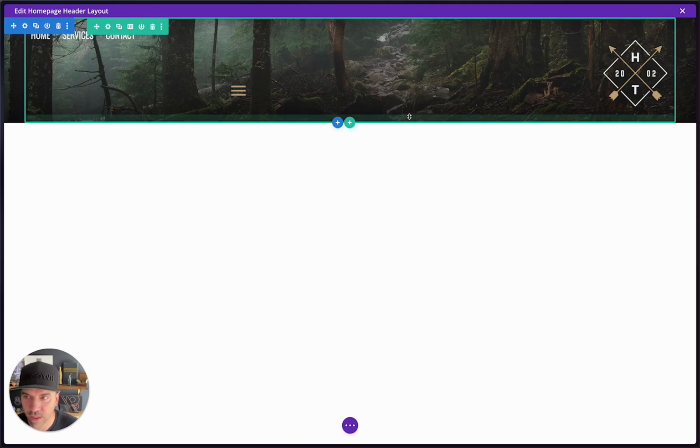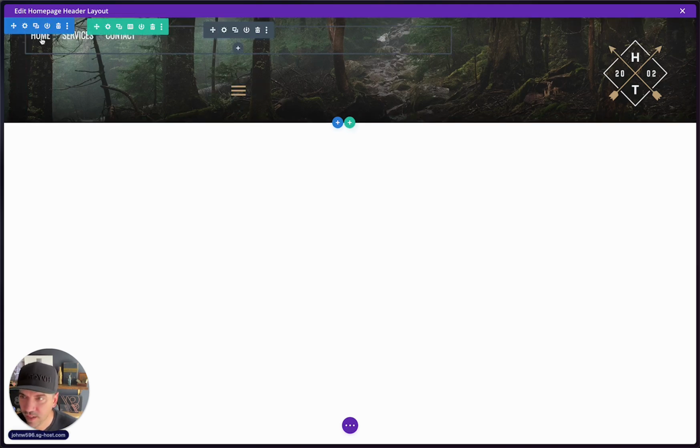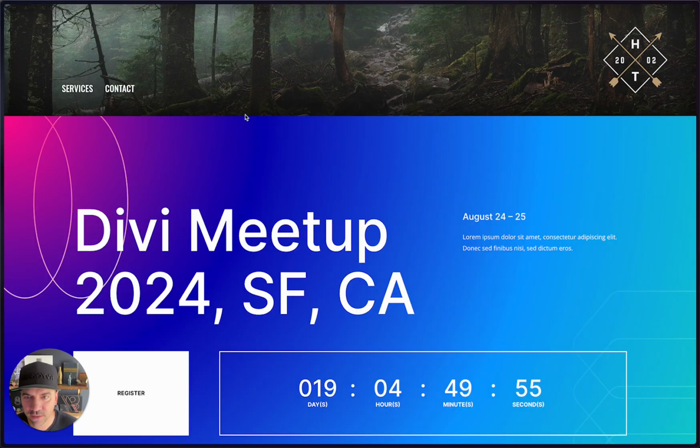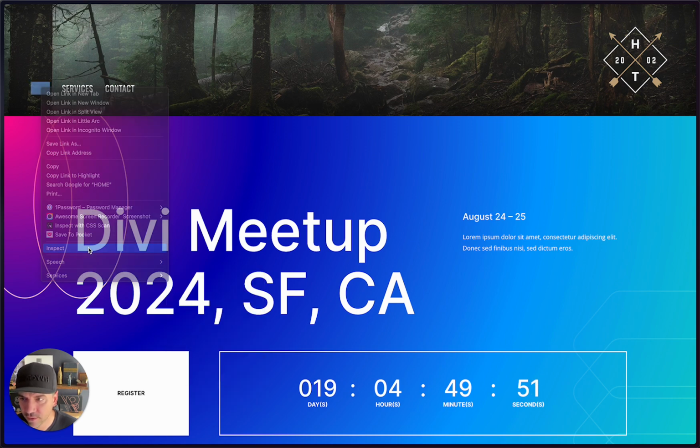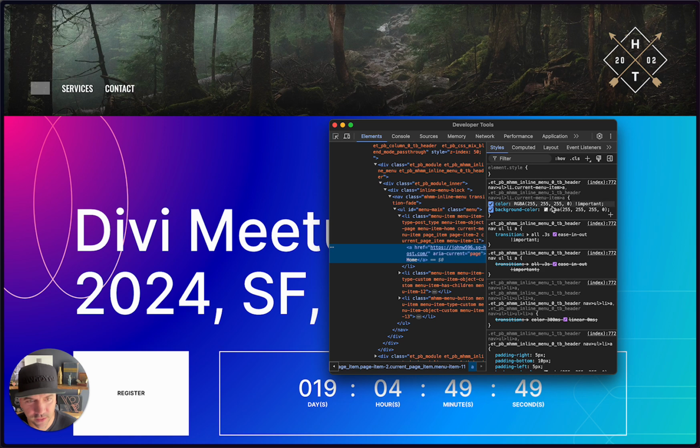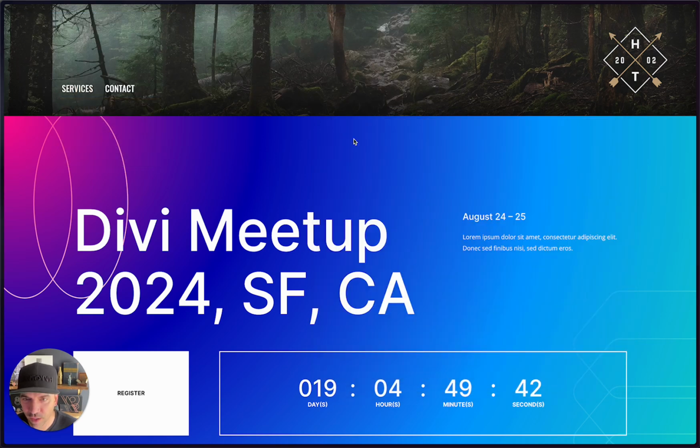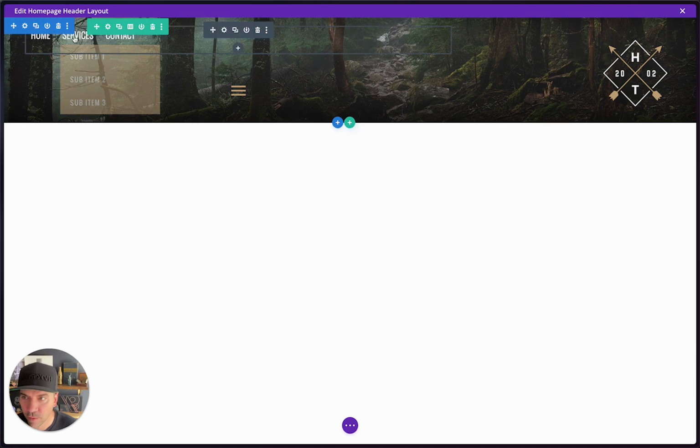Double loading, gotta love it. And you can see here, I see the home. Why is it not showing out here? And I can inspect this and take a look and see that the current menu item is set as transparent. So maybe there's like a current menu item option. Let me go see. So I'm going to go click into this